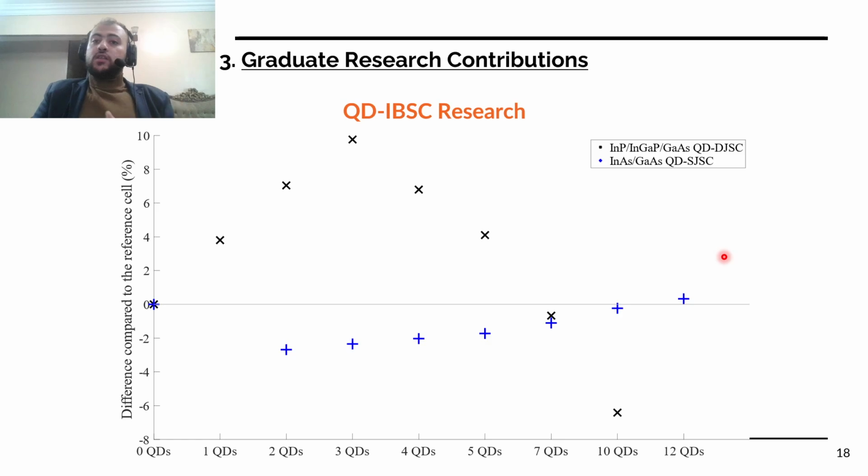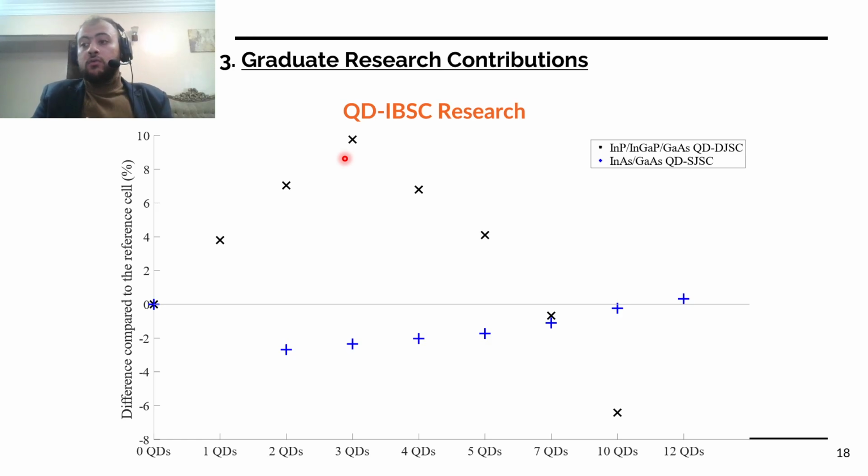So indium gallium phosphide can reach considerable efficiency improvement by using a much lower count of quantum dot layers or quantum dot periods. This is a very important thing to notice. Also, maybe because we didn't add any amendments or enhancements to the gallium arsenide junction, we got limited at only 3 quantum dot layers.